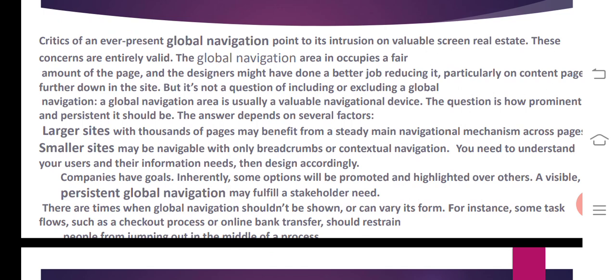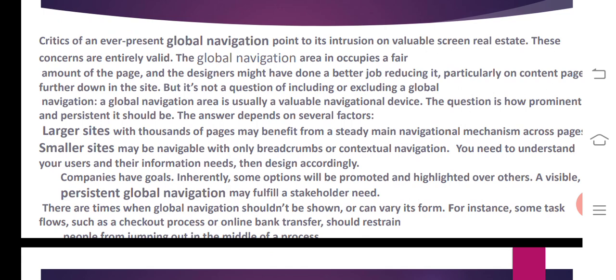These concerns are entirely valid, and global navigation occupies a large amount of page space. Designers, if you are using HTML, CSS and JavaScript, might have done a better job of reducing it, particularly on content pages further down in the site. So the question is not whether to include or exclude a global navigation.